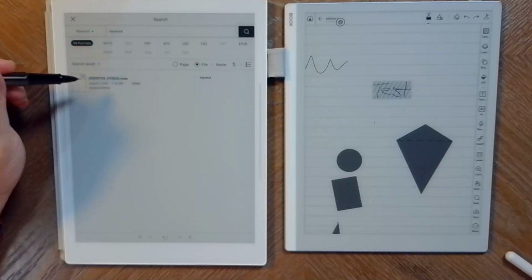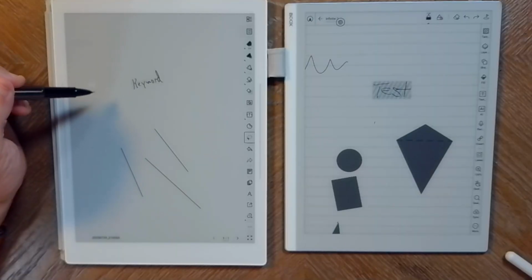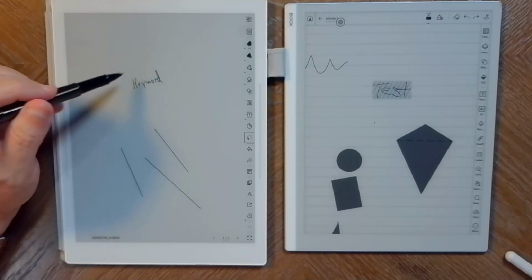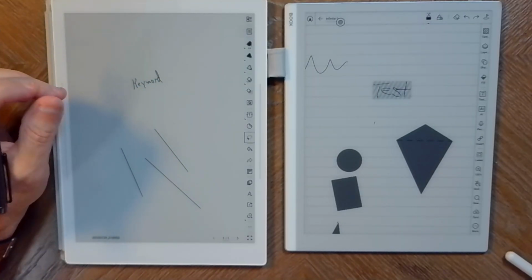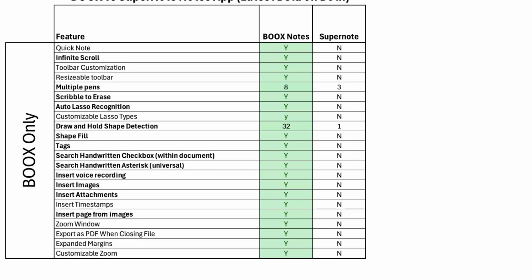And the search comes back and says, hey, we found it here. You just have to know that that was your keyword. Supernote doesn't do anything currently to highlight the keyword like Boox does on the tags. So the next feature I was going to talk about is the ability to search handwritten checkboxes within a document,